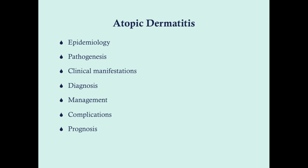We're going to briefly cover the epidemiology. We'll talk about the pathogenesis. I'm not going to go into it in too great of detail because the pathogenesis is poorly understood. The clinical manifestations, which we've already kind of talked about in this vignette here, how we go about diagnosing this, it's clinical, how we manage this, which is where I want to spend most of the time talking, and then